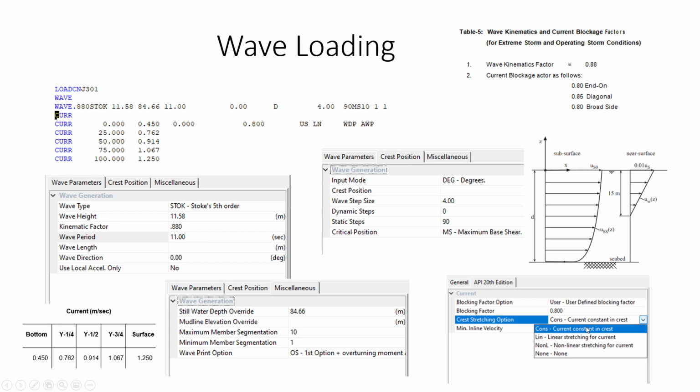And then we have to do current stretching. If you go after the 0, there will be a current, and the wave will be going like this. So for that we have to consider the current stretching. There is an option, we have to use the current stretching option, whether you want linear or non-linear, something like that. So this is the wave. Once you do this, it will create the datagen file over here.